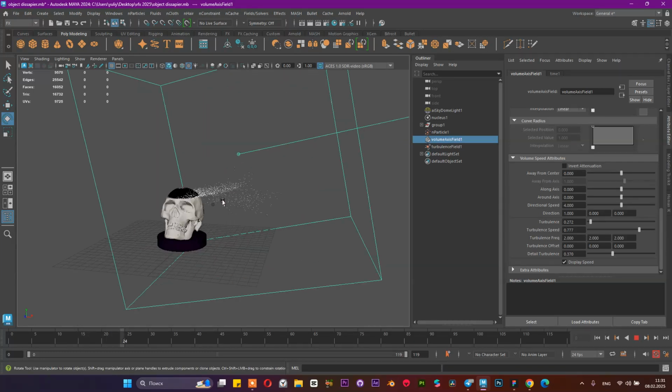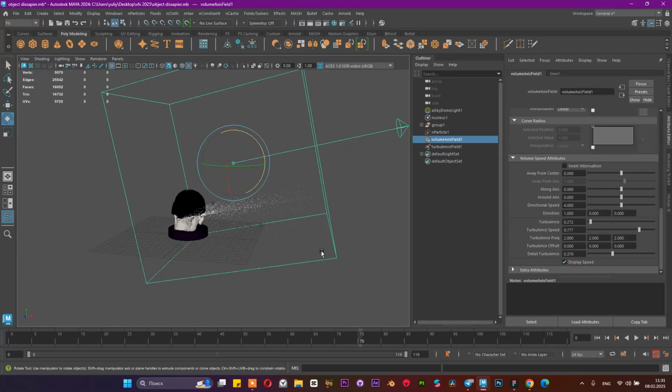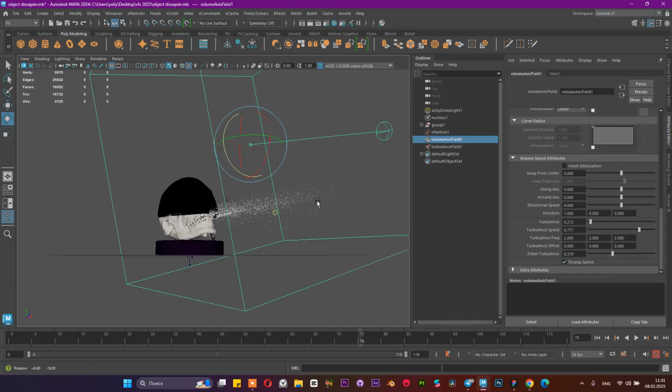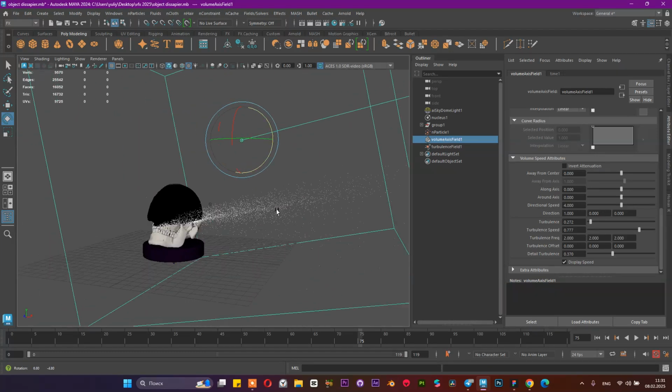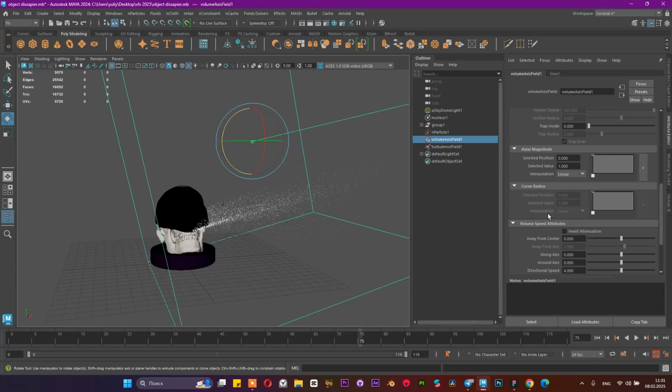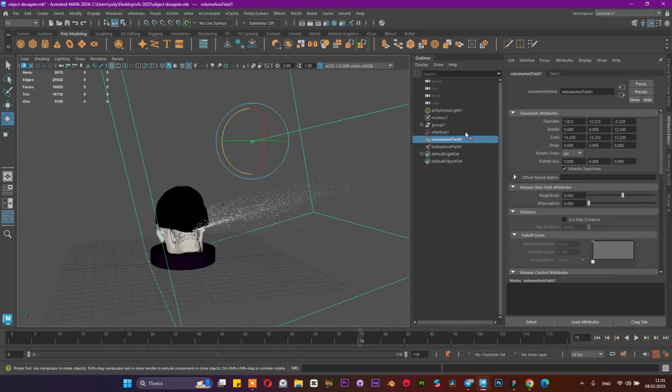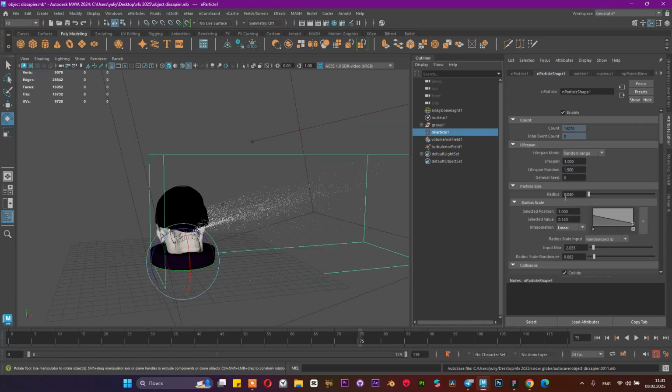Now I think it's more natural, but in the middle it's not wavy. I need to create some wavy effect. Maybe we can increase the mass of the particles. And if we increase the mass,